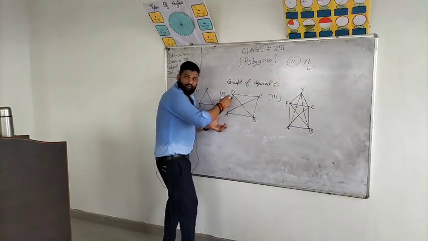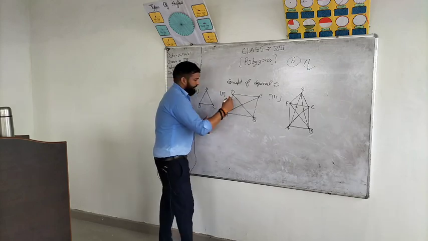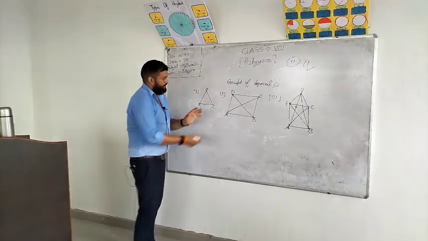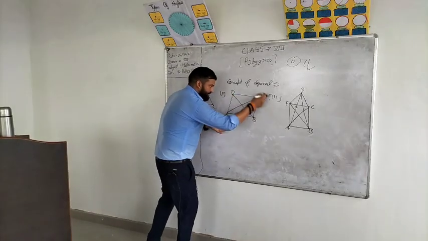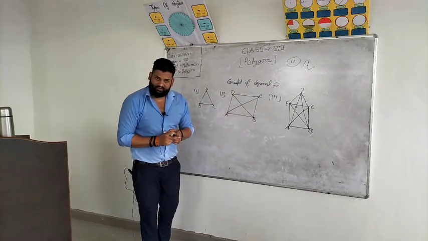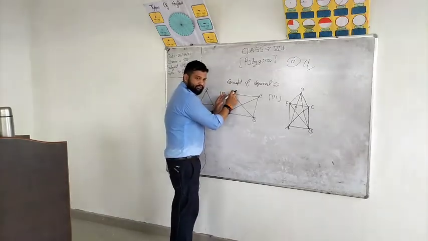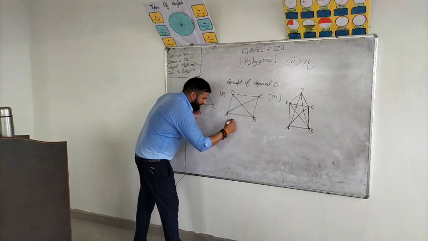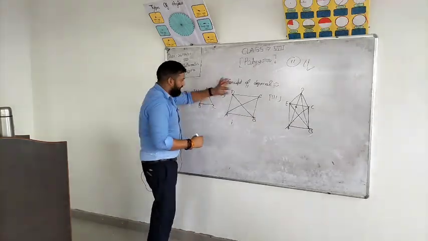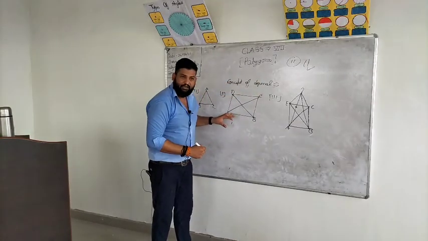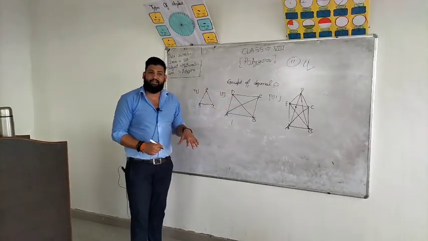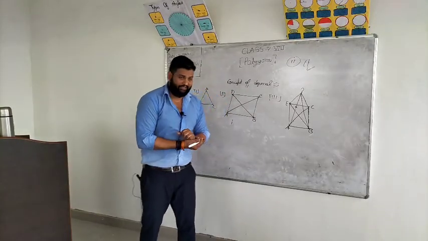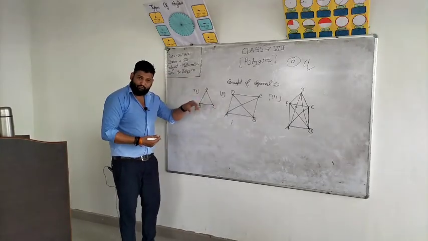In a quadrilateral, we will start from the quadrilateral. From point D, how many vertices are there in total? 4 vertices. And from point D, how many diagonals do we draw? 1. So you have to write 1 diagonal from every vertex. And how many vertices are there? 4 vertices. So the concept should be clear.